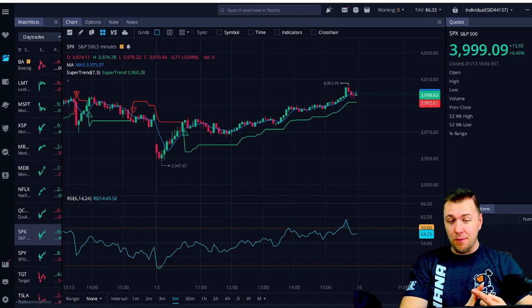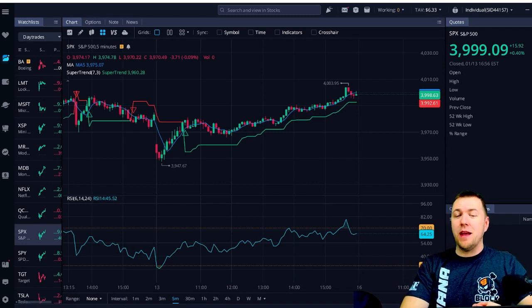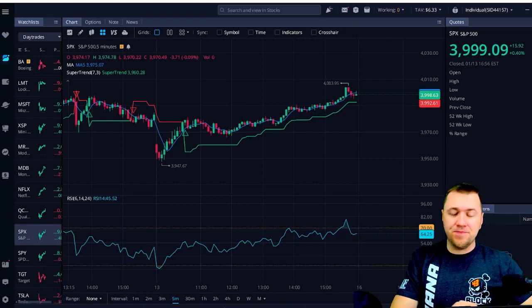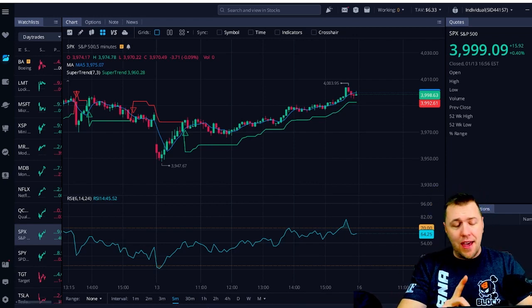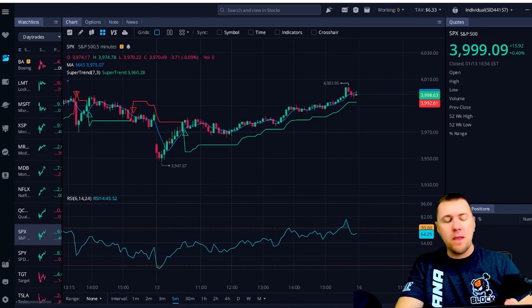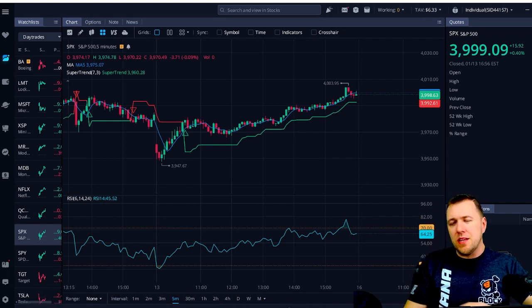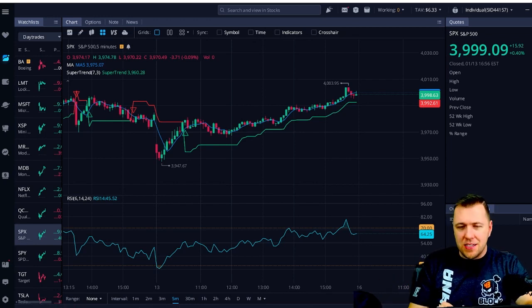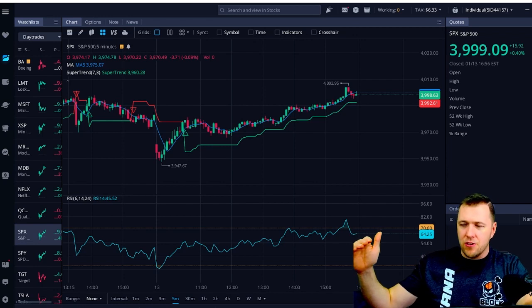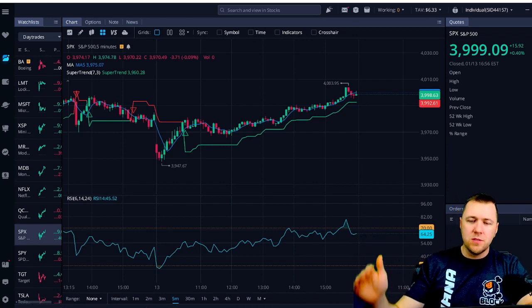We need to wait for the setup to have confirmation, right? We don't want to just buy it on a whim, on a gut feeling. We want to buy it on a confirmation, bounce off a reversal zone, a high probability of in the money contract. We want to make sure we have enough volume. We want to make sure that we have enough time to get to where we need to be. We need to look at all of these technicals in the market. We need to watch the other stocks in the market. Then we can make our entry and we have an exit plan. I want to make X amount of dollars, or I don't want to lose but X amount of dollars.